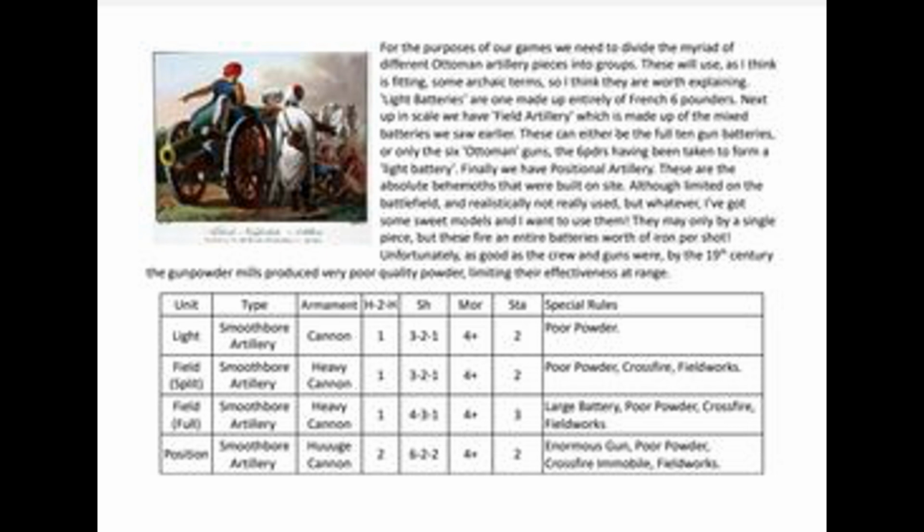Most European ones at this era would either have 6, usually 8, but they would be a lot smaller calibers than the ones that the Ottomans used. The Ottomans would also mix 3 different calibers within a battery as well. The Europeans would tend to just have the 1 caliber with perhaps a 2nd caliber if they had howitzers in the battery as well. So you can see we've got, if we look at the stats for them,